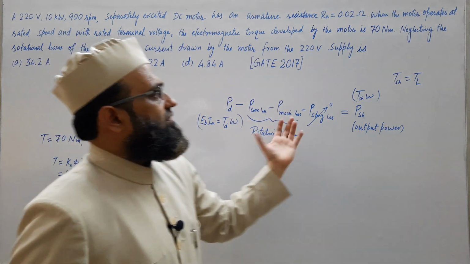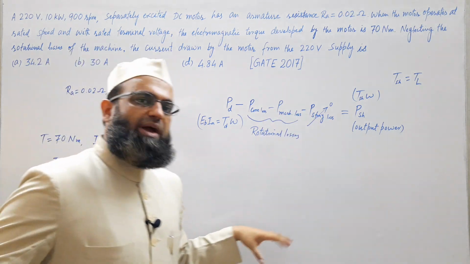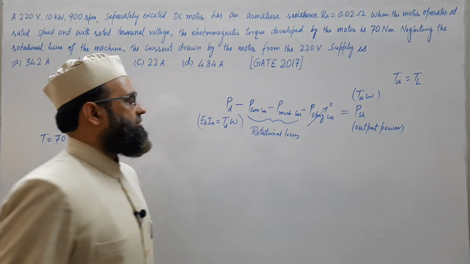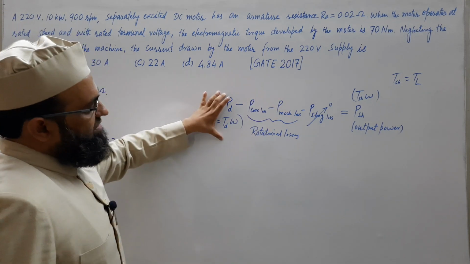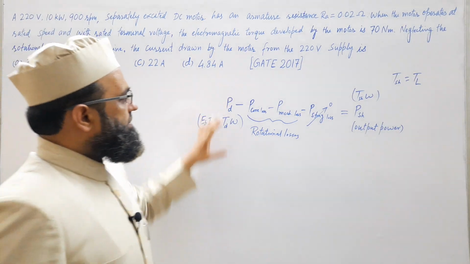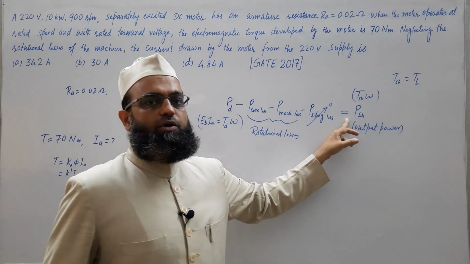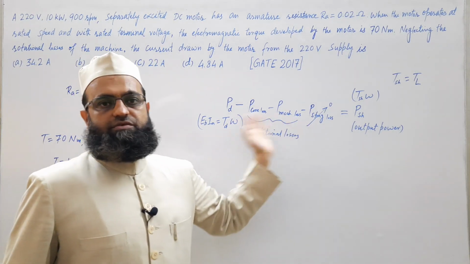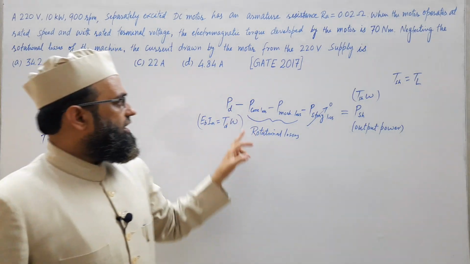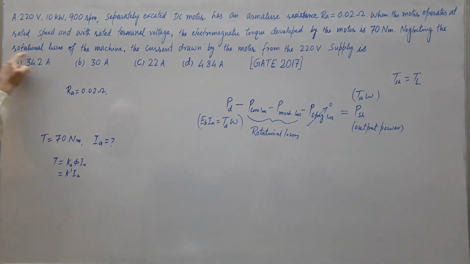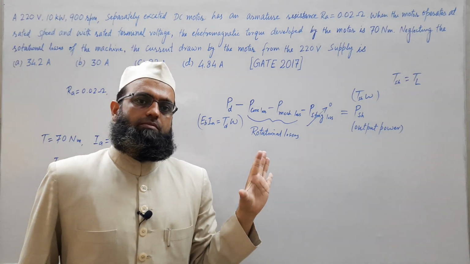And once we multiply with omega on both sides, we get the corresponding powers. Shaft power is equal to mechanical power, right? Power being transferred to the mechanical load. So in this problem, see, this is developed power, slightly higher than the shaft power to take care of these losses. In the problem, by default stray loss is ignored, and it is stated that rotational losses are neglected. Try to understand each and every point of the problem.